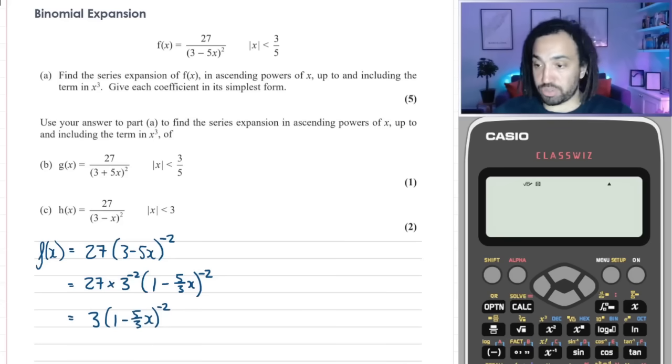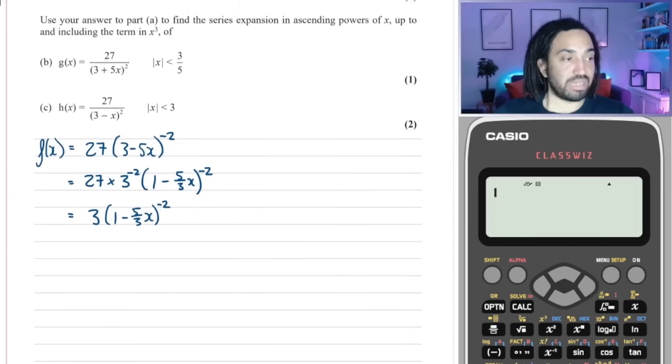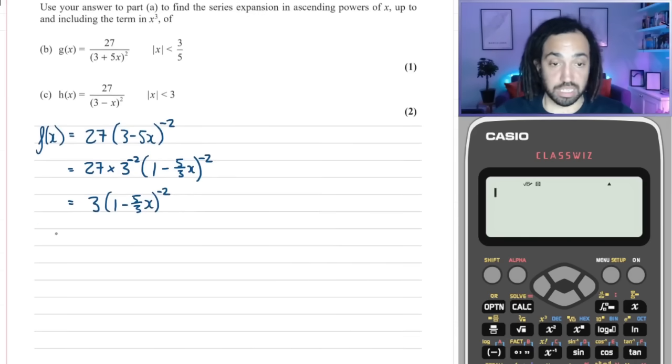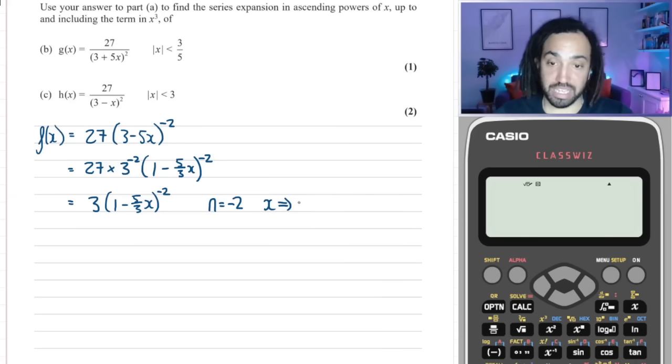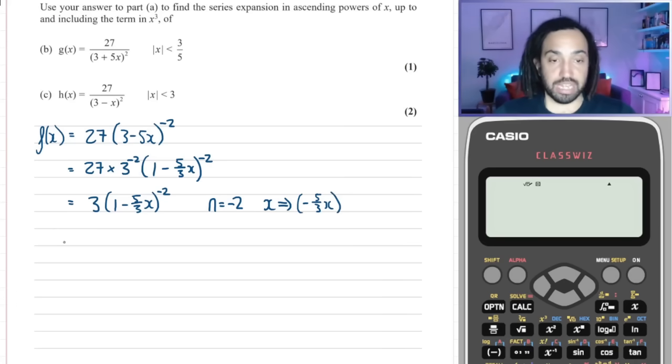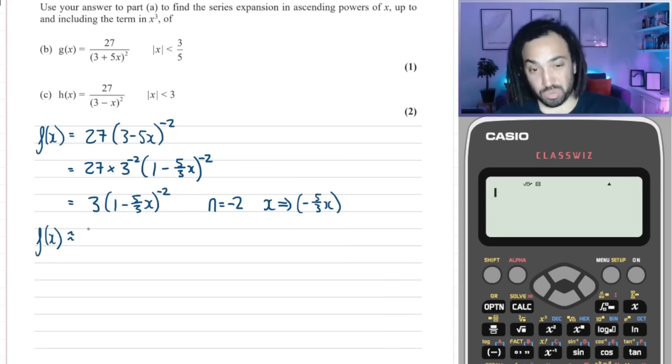Okay, great. Now to the formula, which is in your formula booklet. What I like to do is say that the n is going to be the power and the x is in fact going to be whatever this term is here, which is minus 5 over 3x. Okay, so now we can say that f of x is approximately equal to, because we're not going to do all the terms,